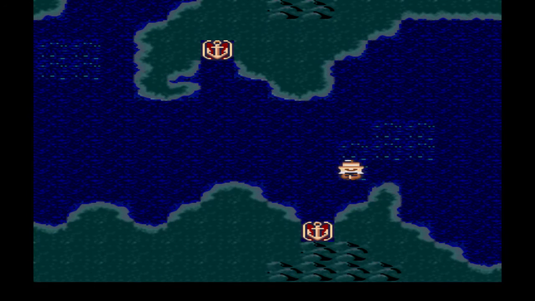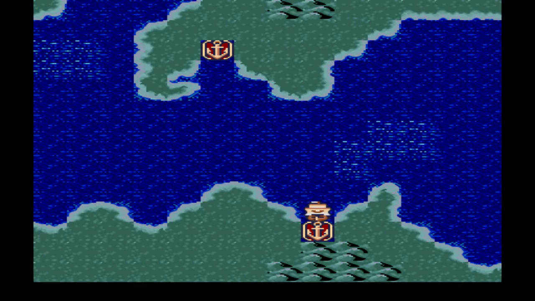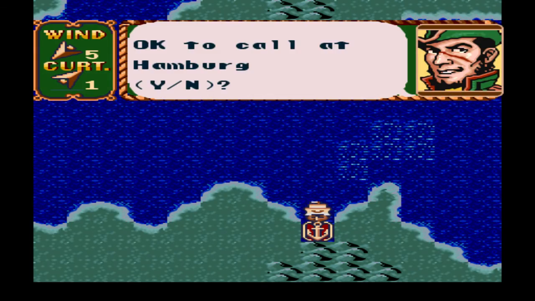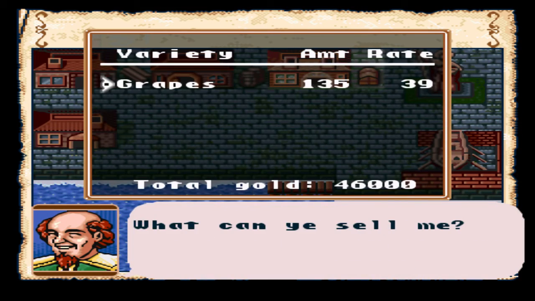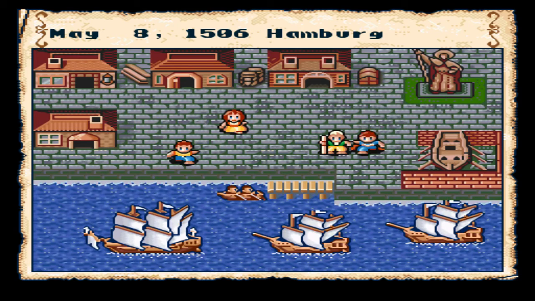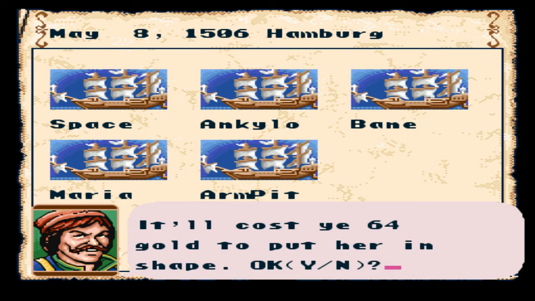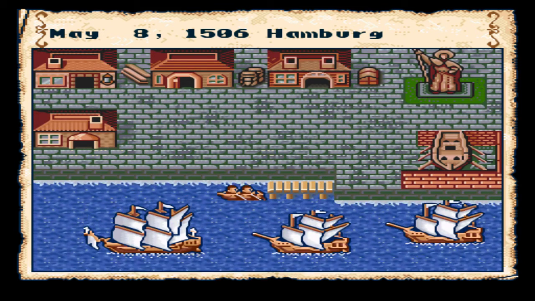I think it's high time that we started getting some actual ship combat, and that was a good one. Land here, please. Welcome to Hamburg once more. Sell our grapes, fix our ships, and then we'll end the episode. Have some grapes. Fix our ships. Have to do this a lot more regularly once you start getting into combat. We didn't really take that much damage though, so that was pretty solid. The more annoying thing is you have to